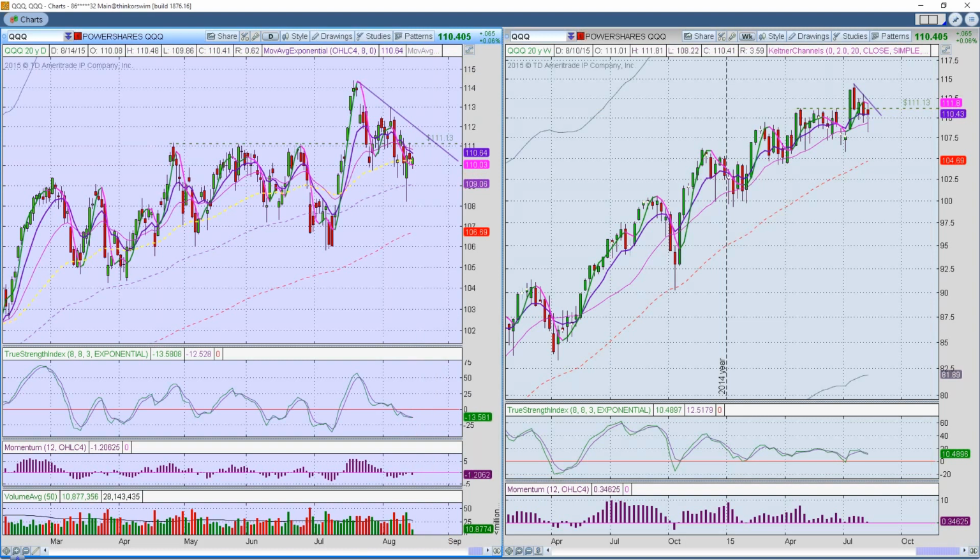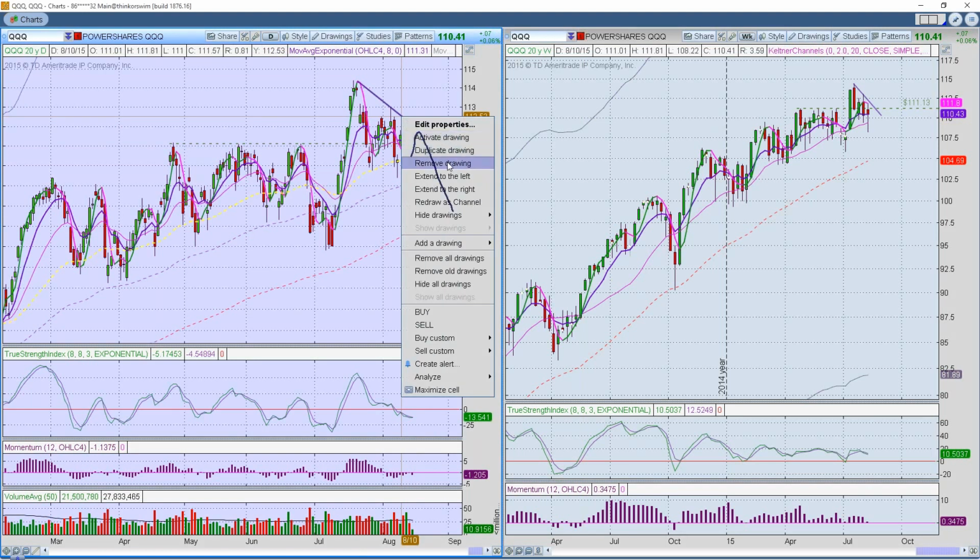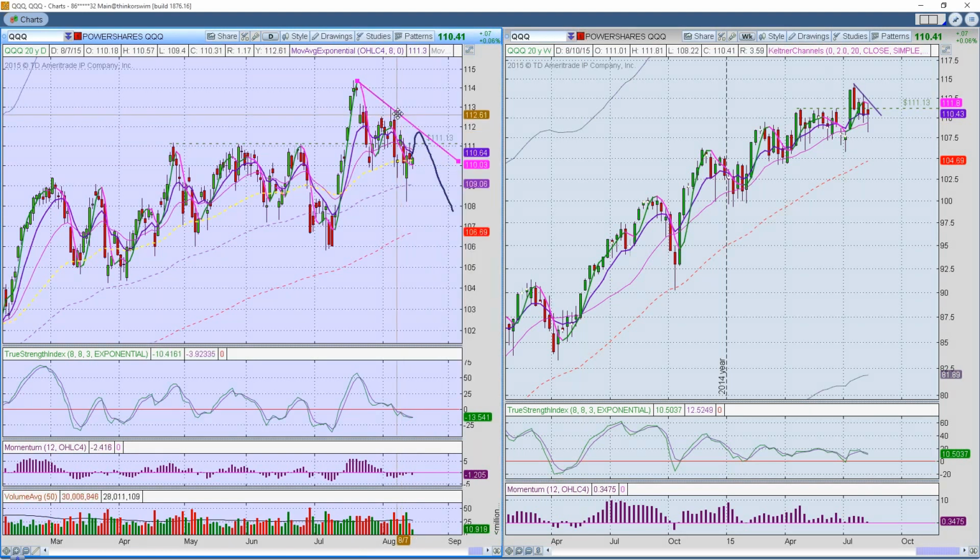If, however, this is simply just a relief rally, as we'll be able to determine if the volume does stay low, then it will be a suspect rally, and we would get a potential bounce up to here and then a rejection back down. And so what we've got right now is the prices are working in a nice little downtrending channel. And so if we bounce up here at the top of the channel, we would expect prices to fall all the way back down to the bottom of the channel.